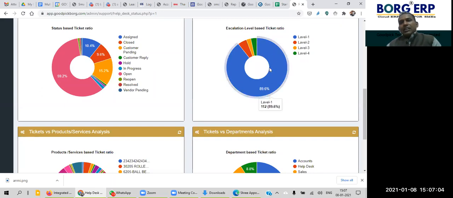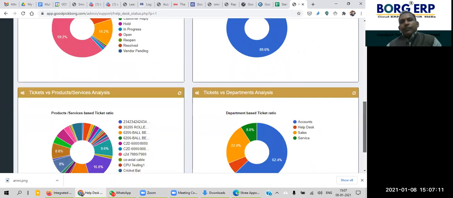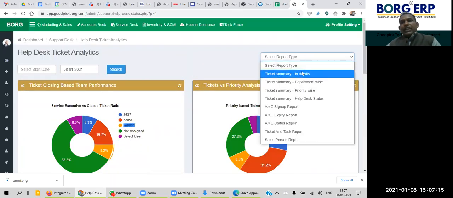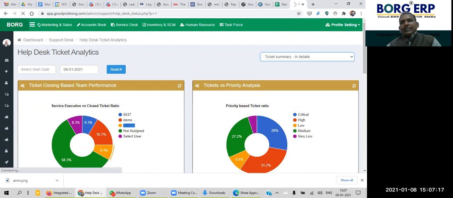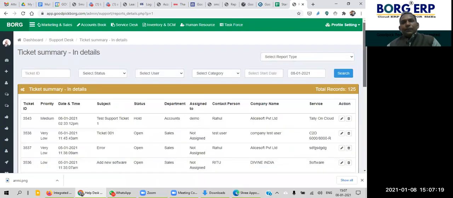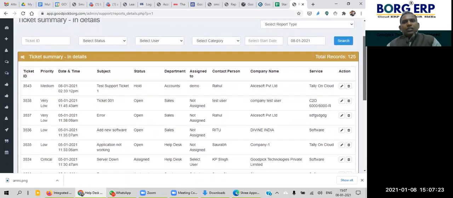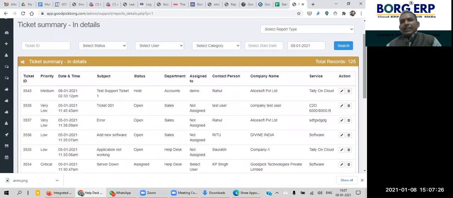Means how many tickets are lying in level 1, level 2, level 3, level 4. So this is a simple review, charts. Apart from that, we have ticket summary in details. Ticket summary in detail means from here there's a list of tickets, and you can